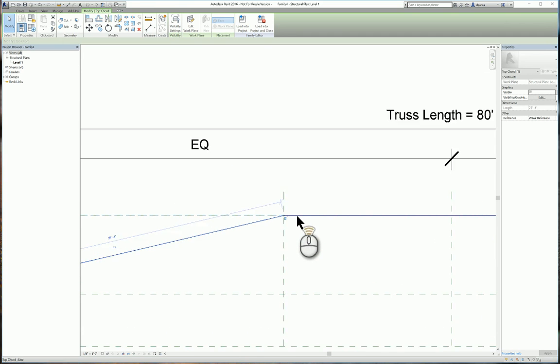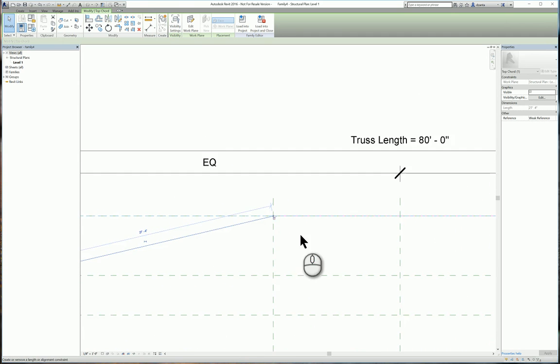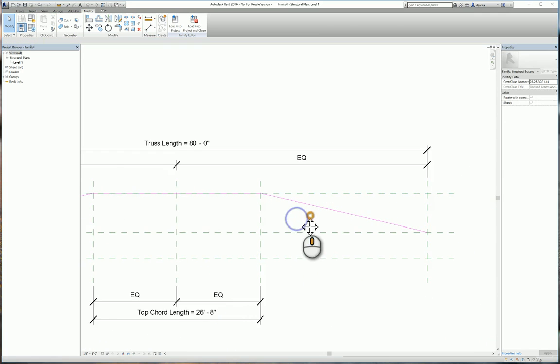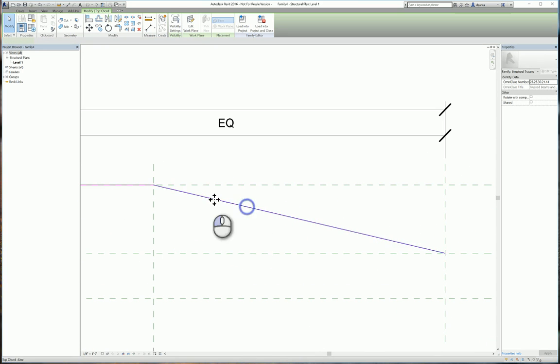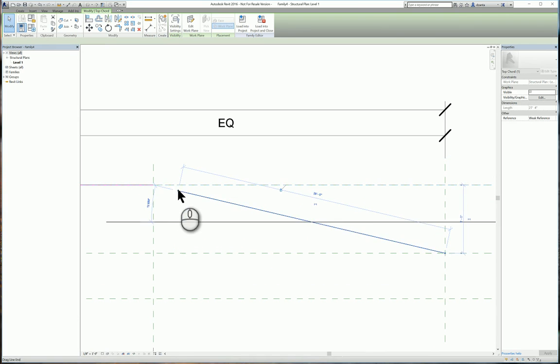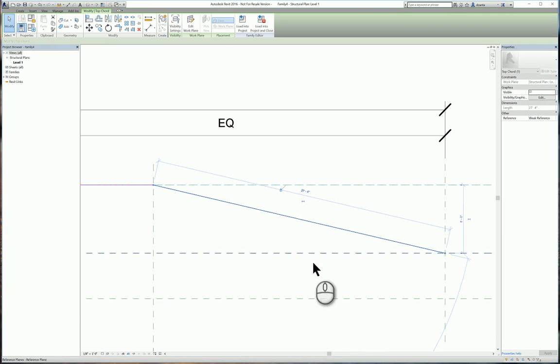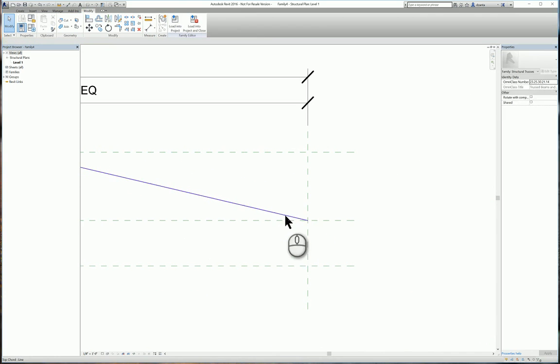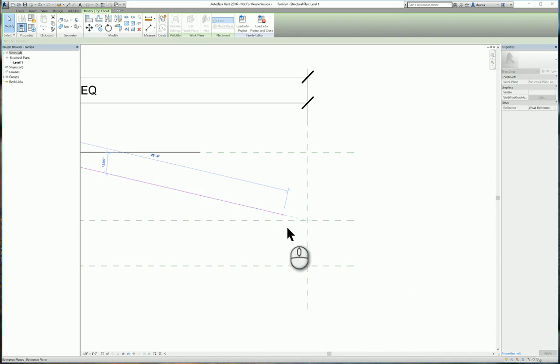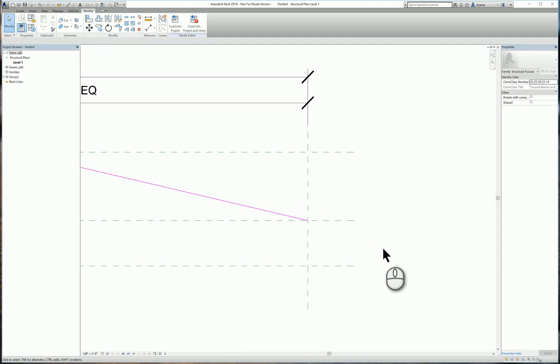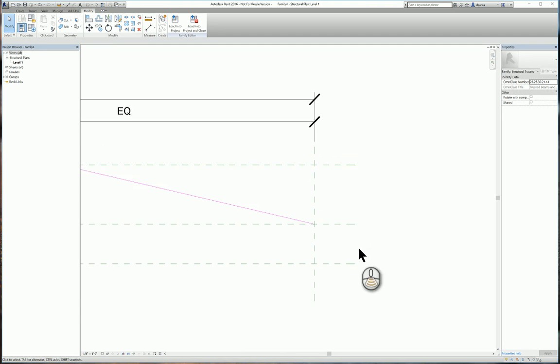And so it looks like this one is locked as well. So we'll go over to this side, pull this out, and pull it back in. And it's locking by default, which is good. And we'll select this end, pull it out, pull it back in, and lock this end. Now that we have the top chord created,